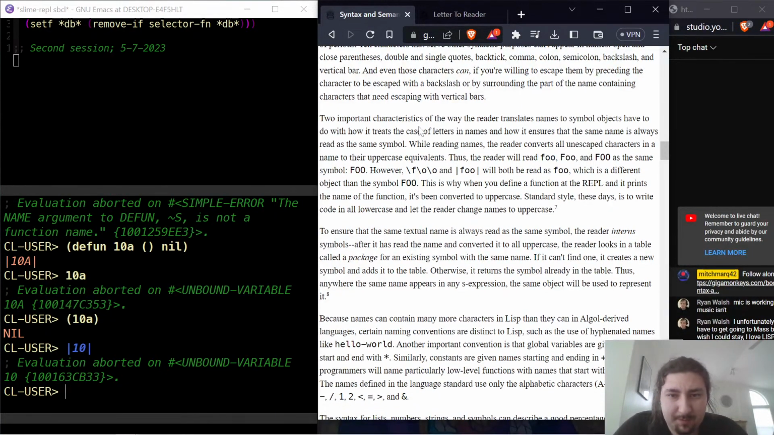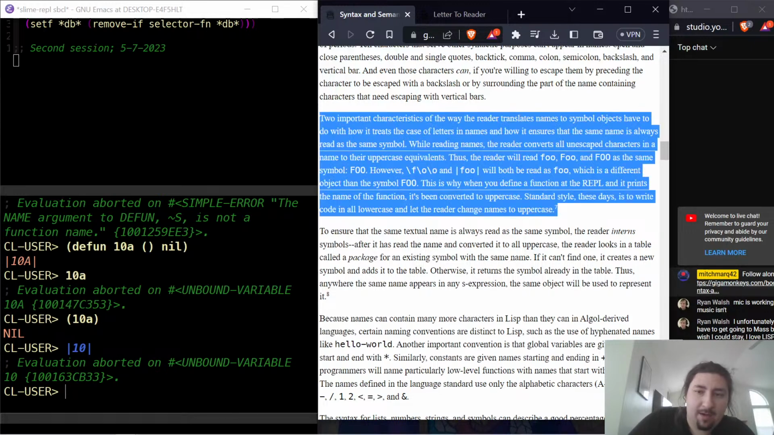Two important characteristics of the way the reader translates names to symbol objects have to do with how it treats the case of letters in names, and how it ensures that the same name is always read as the same symbol. While reading names, the reader converts all unescaped characters in a name to their uppercase equivalents. Thus, the reader will read lowercase foo, foo with a capital F, and all caps FOO as the same symbol. However,